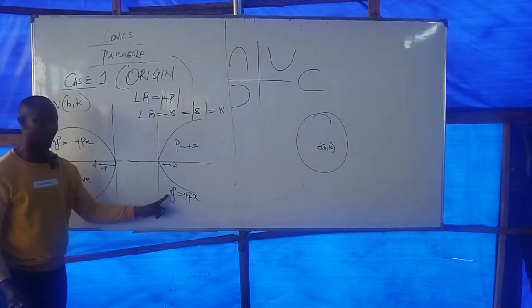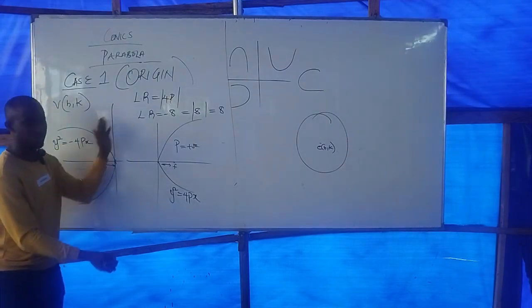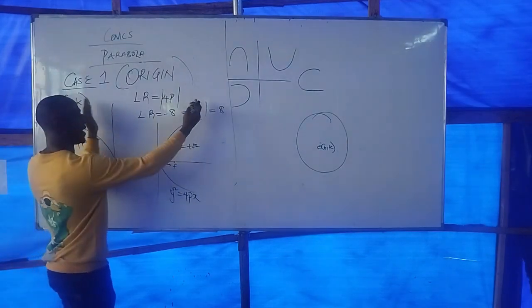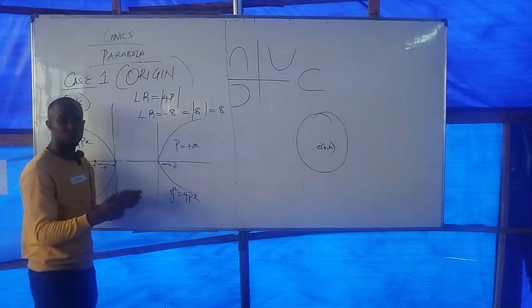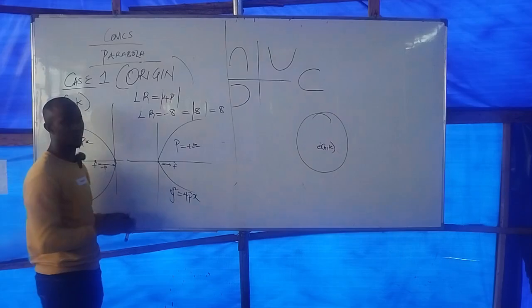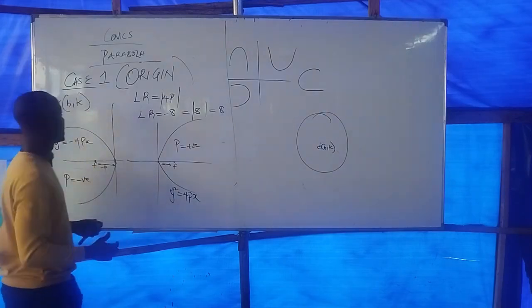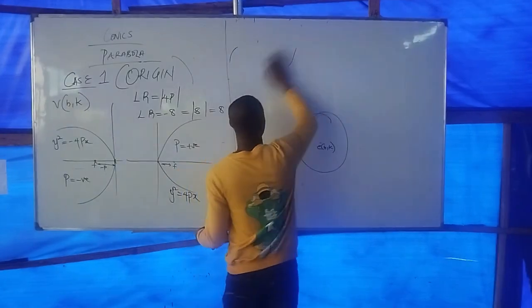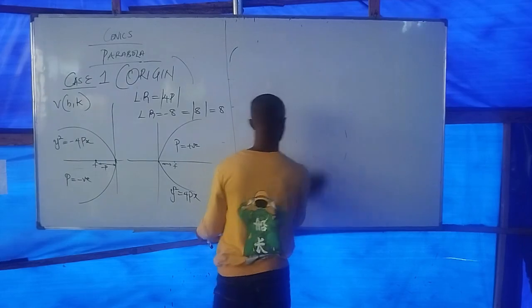And why are we squaring y? It's simply because the parabola encloses what? The x-axis. So if the parabola is enclosing the y-axis, it simply means we're going to square what? X. Now let's see such kind of equation, or graph rather, still at the origin. Still at the origin, if we have this kind of graph at the origin,